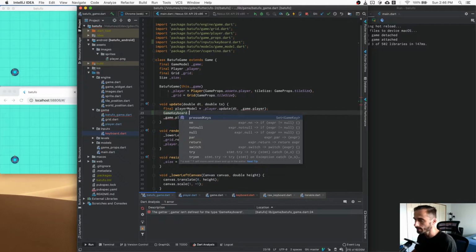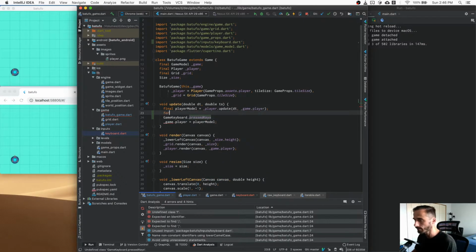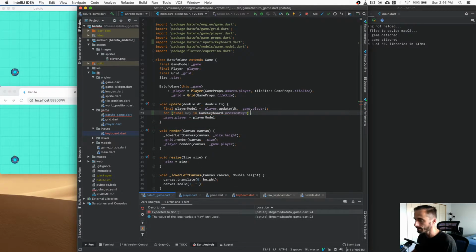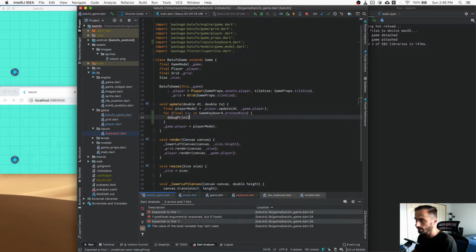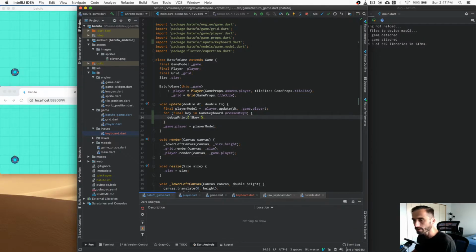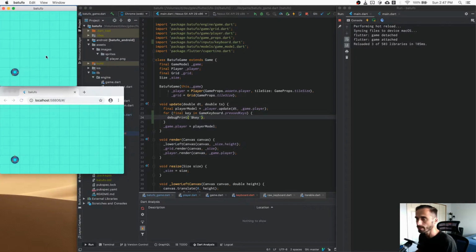Then dot press keys. Dot. So we're going to for the final key in this, right? So we're going to debug print the key. Okay, so that should actually work. So now if we save it, and now we press left, nothing happened. Okay,